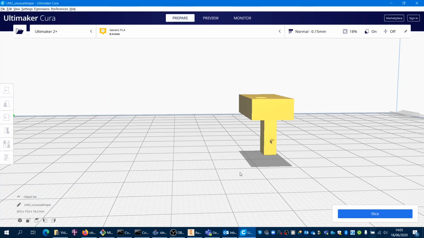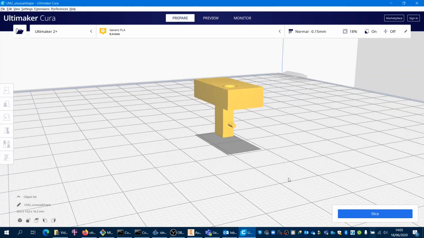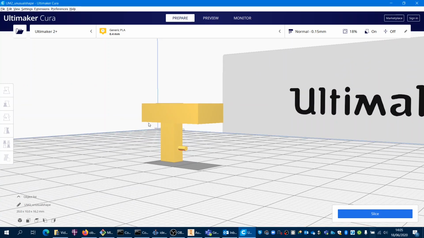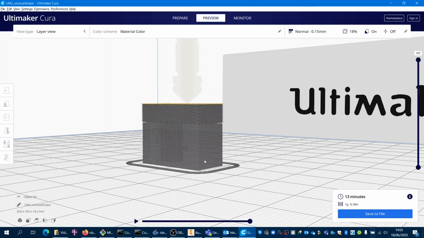Now, for this particular part, this wouldn't be a good way to print it, because you would need support material under this whole structure in order to be able to print this top part, which would use a lot more material, take more time. So for instance, if we try to slice it this way up, click slice, you can see the time it takes has increased, and if we look at the preview, you can see it's had to build scaffolding under this entire structure. So getting the piece as flat as possible on the bed so that it doesn't need a large amount of support material is one of the key things for